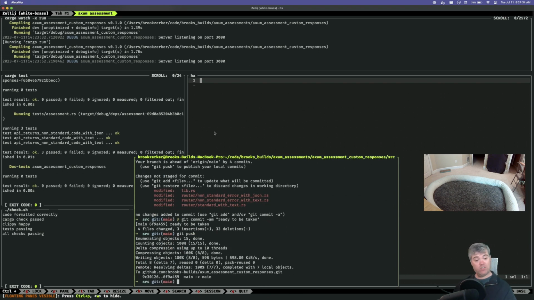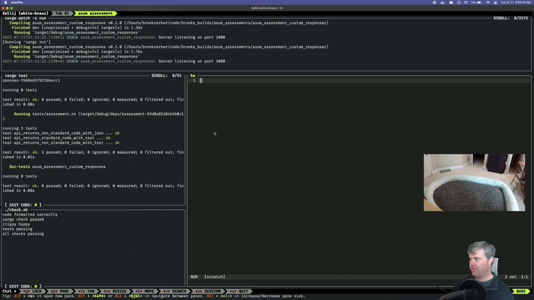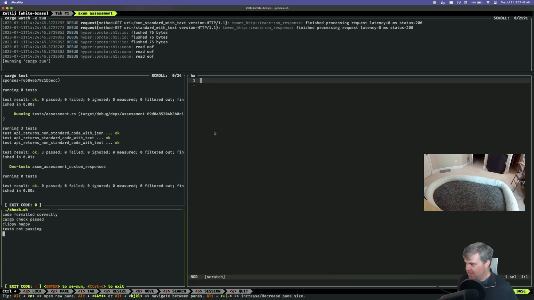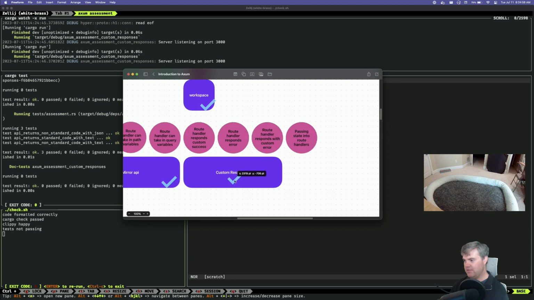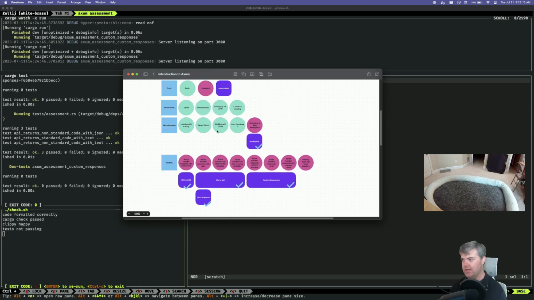Okay, so now I have a solution pushed up and I have the actual assessment up and ready, and then everything should completely fall down and fail here. So if I run check, it'll show, hey, test not passing. Not cool. Which means we can come back to this and say, hey, custom responses. We're good there. All right. Let's see. Want to set that up.